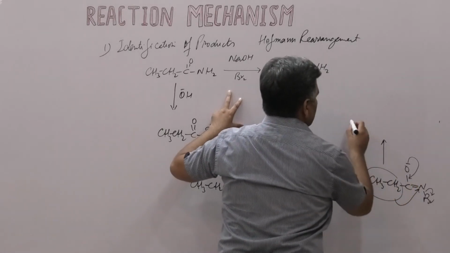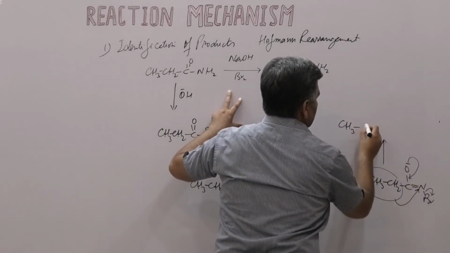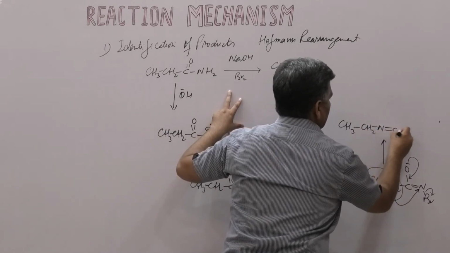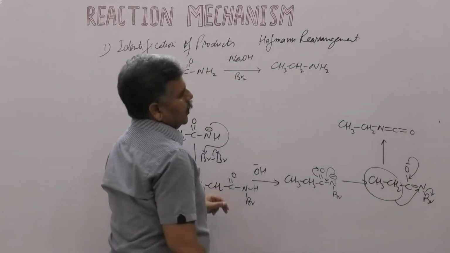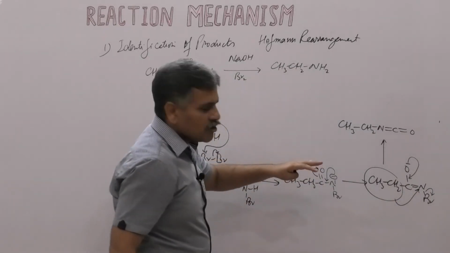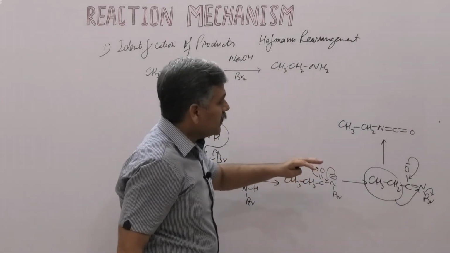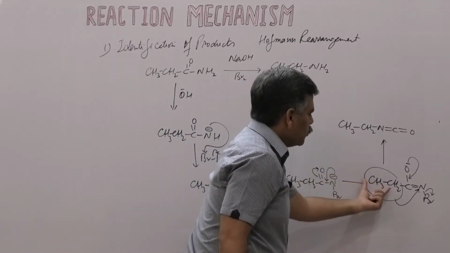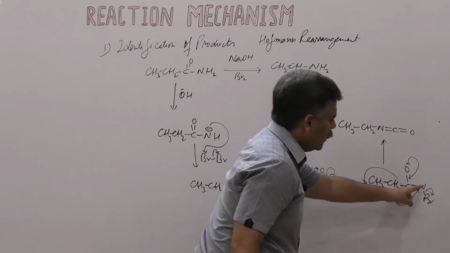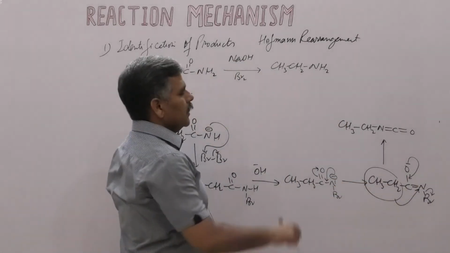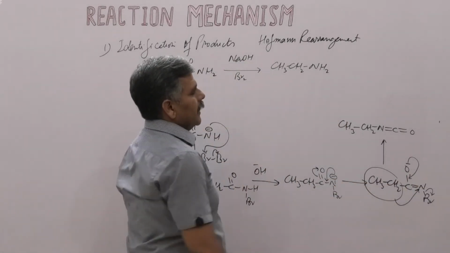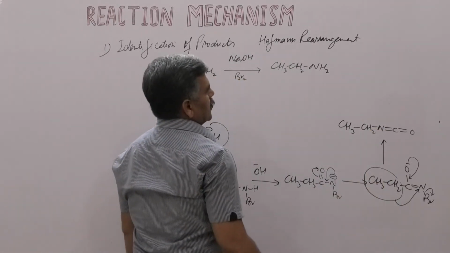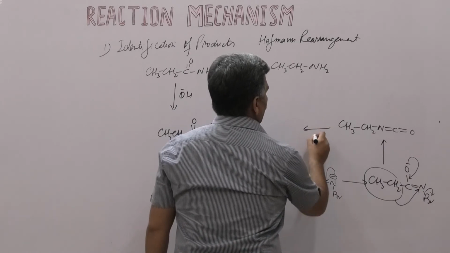Here we have CH3CH2 and double bond C, double bond O. That's why this reaction is known as a rearrangement reaction, because at this step this ethyl group is migrated from this carbon to nitrogen. So this is the rearrangement reaction. These isocyanates are produced as intermediates, and the water